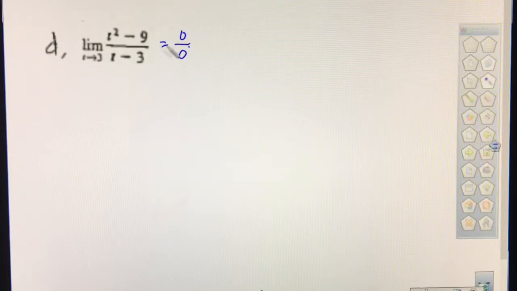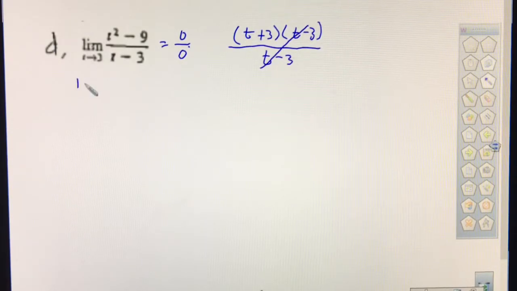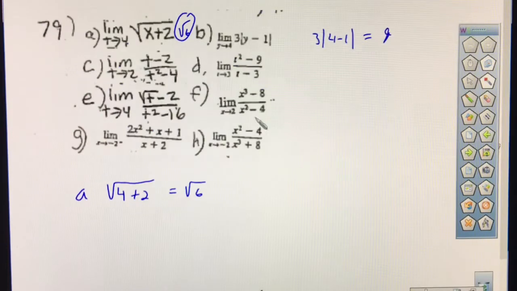Now whenever it's 0 over 0, you have to factor. So that's going to be t plus 3 times t minus 3 all over t minus 3. Notice the t minus 3s are going to cancel out. So the limit as t approaches 3 of t plus 3 is going to equal 6. I just plug that 3 in and it gives me the answer. 3 plus 3 is 6. E,